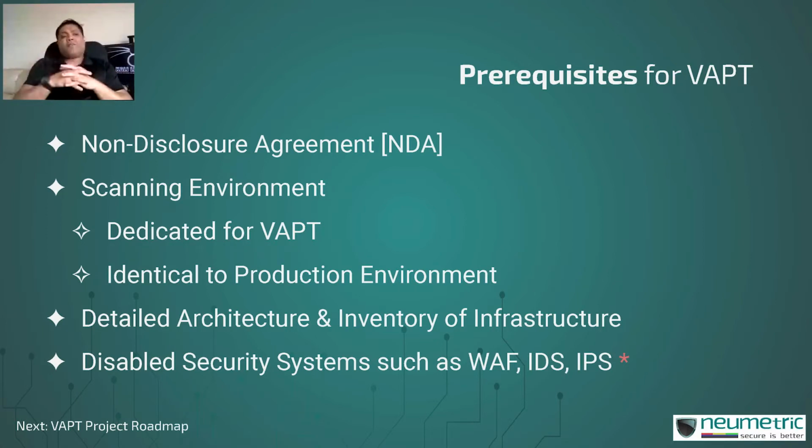The second reason is that VAPT is a fairly intensive activity. A lot of bandwidth is consumed, a lot of requests are sent in to the server environment when you are conducting VAPT. This may interfere with the normal activities that you have this UAT or staging environment for. They could be development or QA, and you do not want that kind of an impact to be there. So when you get a dedicated scanning environment, there is nothing going on in this environment except for the scanning. And this also allows you to more easily replicate it to the production environment.